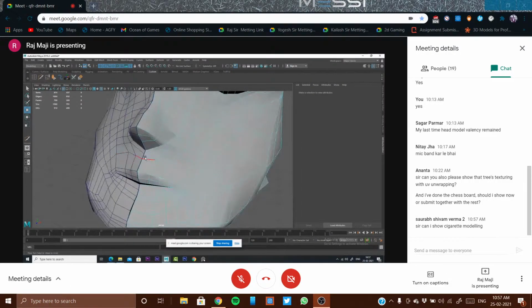Understood? But the 5 or 6 valency should not be there at the center line. Remember this. It is a major mistake. Should not be there. Just shift it. So I shifted it over there, because in expression, this area will not matter a lot.